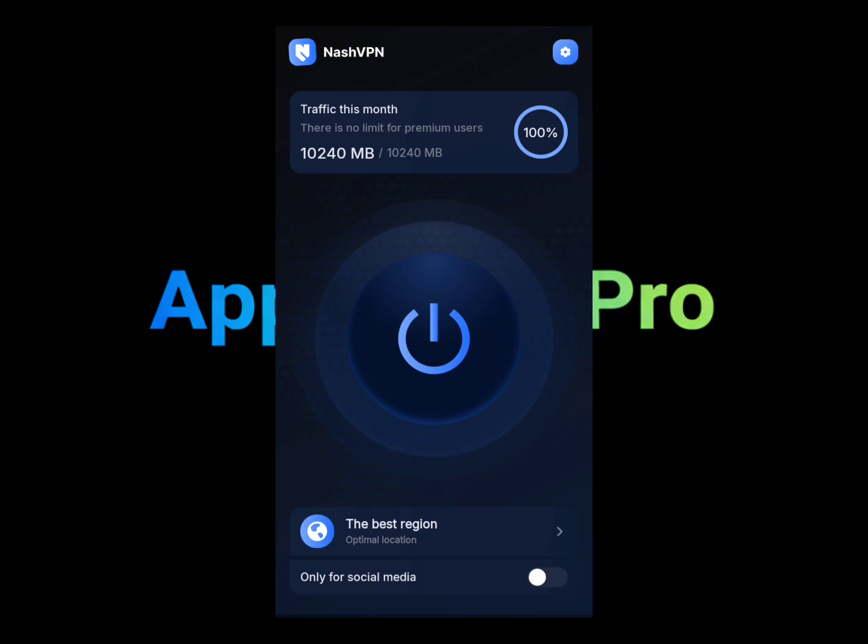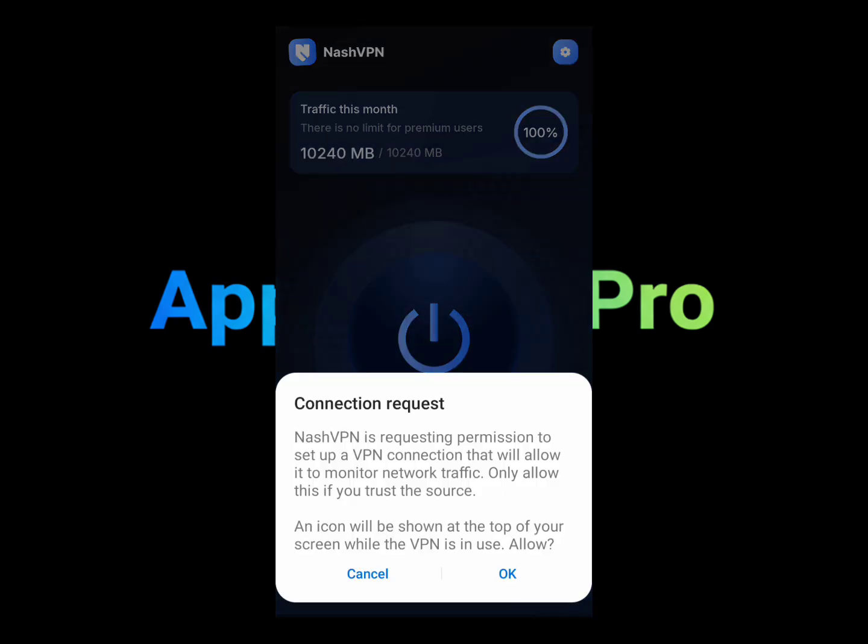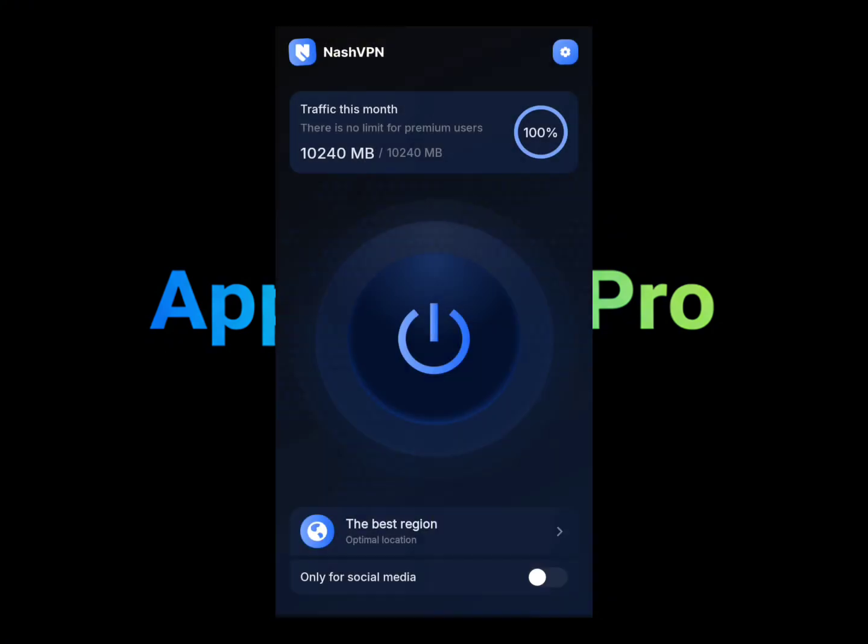Anyways, that's really pretty much it. Once you have selected your server, you just tap on the connection button here. We'll ask for a connection request and tap on OK, and it will start connecting in no time. So if I missed anything at all,